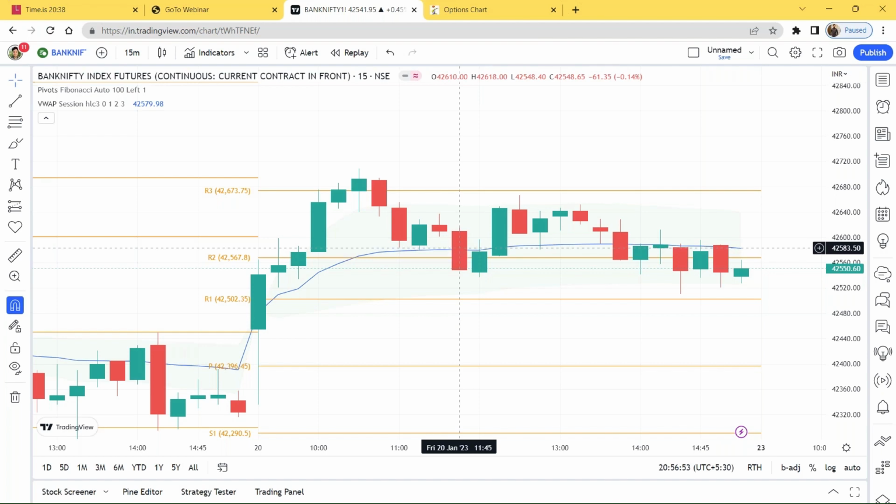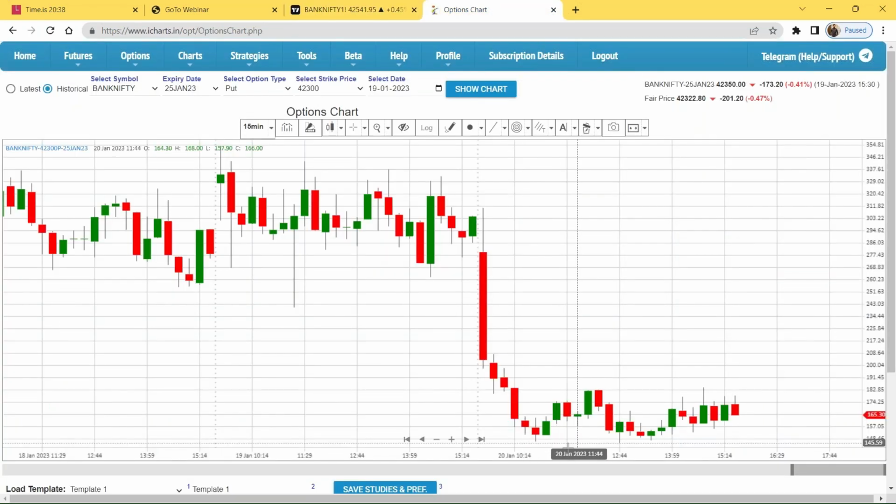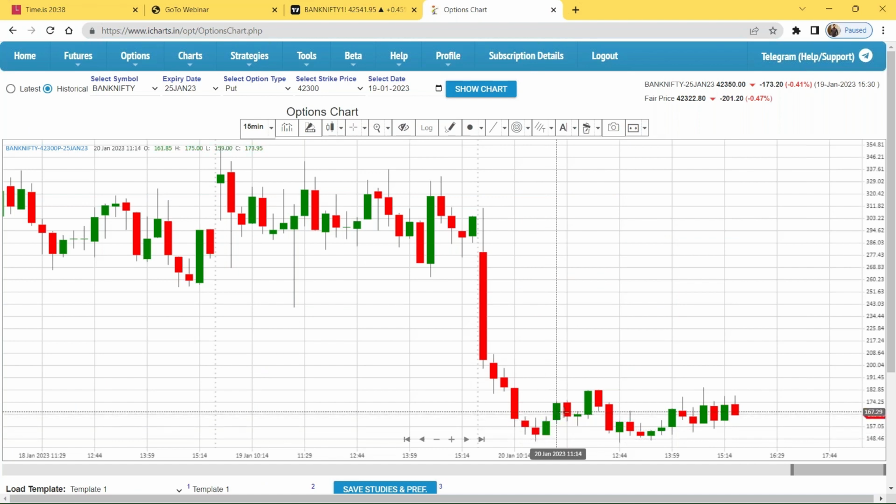And the rule would be the same if you are trading only options. Like suppose you bought here at 169. So your stop loss would be 35 points, that is 134. And the simple 1:1 and 1:2 concept you have to follow in options also. If you are trading two lots in this setup, you have to compulsorily trade in multiples of 2, 4, 6, 8, so that you can book 50% quantity at 1:1 and 50%